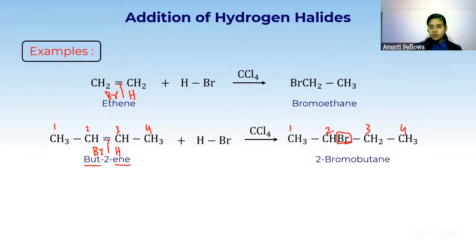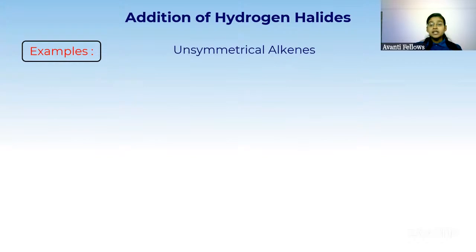2-bromobutane. Okay. So these alkenes are actually called symmetrical alkenes. And we are adding the H and Br in the way which we want. You can add H and Br in the other way around also. You will get the same product. But instead of symmetrical alkenes, if I have unsymmetrical alkenes, unsymmetrical means if I break the molecule with respect